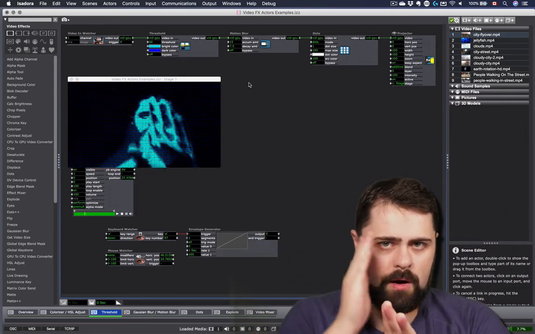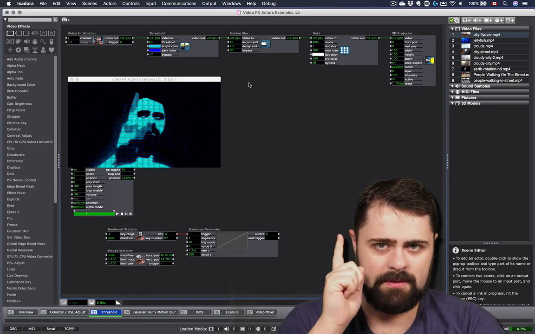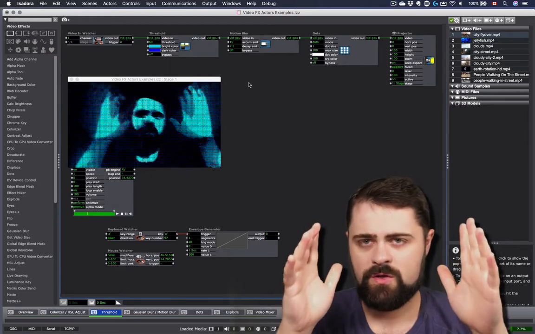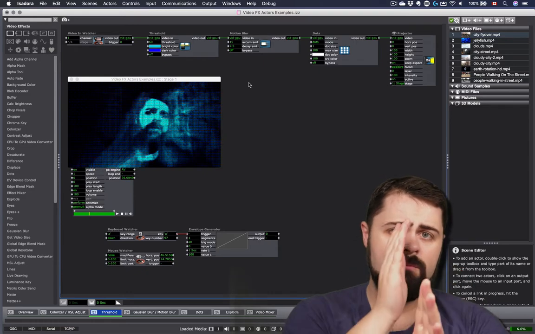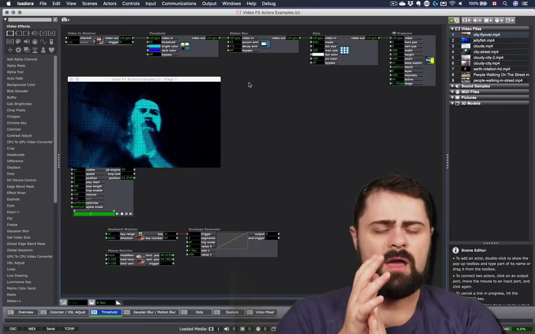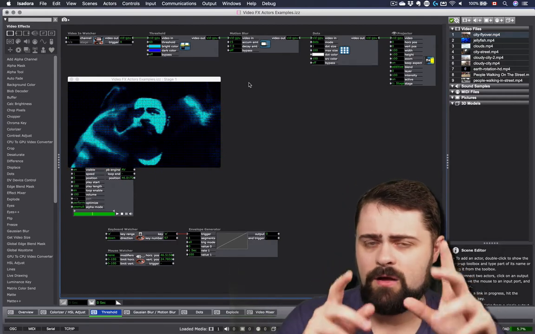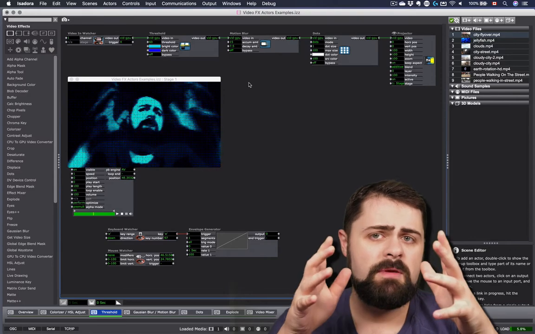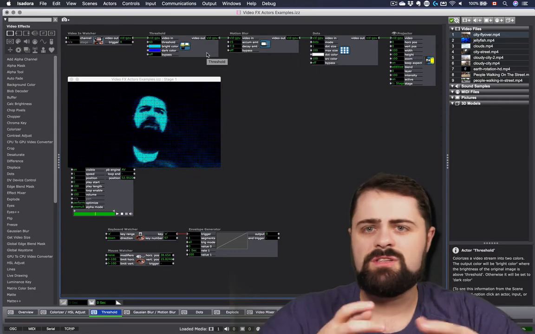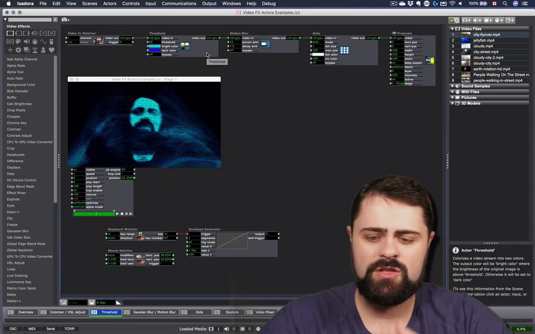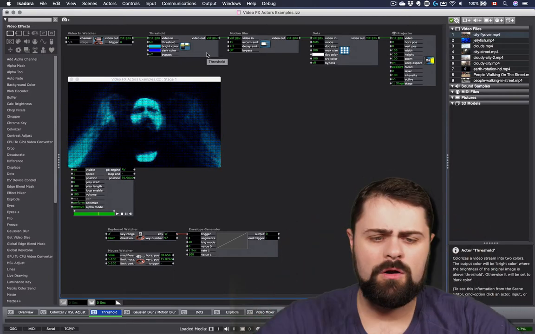So the order that we put the effects in the chain matters. It makes a difference. That is one of the most important things when we are combining our effects together. And as we layer more and more together, it can become more and more difficult to determine what the individual impact of one of these actors is. And that's why it can be very useful to use the bypass to turn things on and off, so you don't have to go through that manual process of disconnecting, reconnecting, deleting things, and changing things. You can preserve the individual settings of each actor and just see what happens somewhere along the way in the chain.